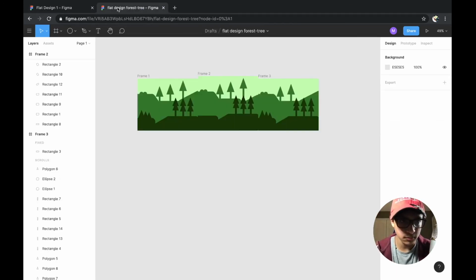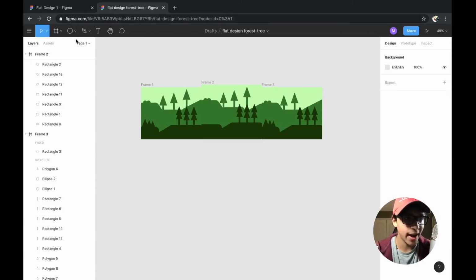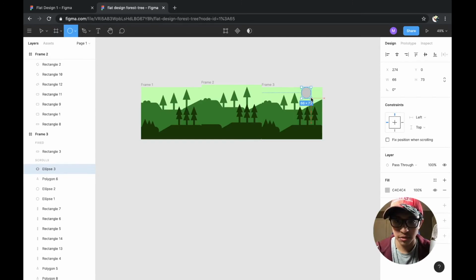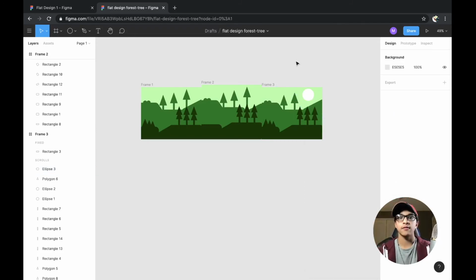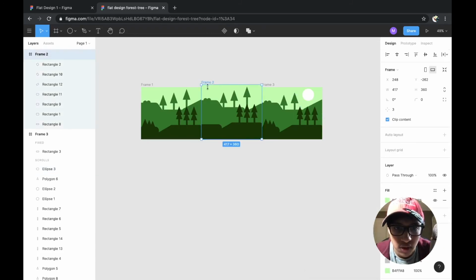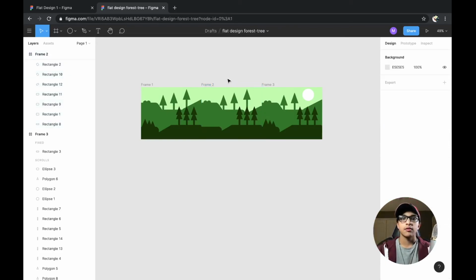So, let's just add an ellipse here. It's just an ellipse, just perfectly shaped. So, let's give it an 80 by 80. 80 by 80 should be good. Not 80 by 70, 80 by 80. Okay, now that we have that, we can just give it a fill of FFF. And as you can see, now we have this beautiful, perfect frame